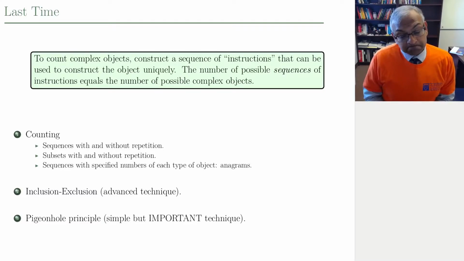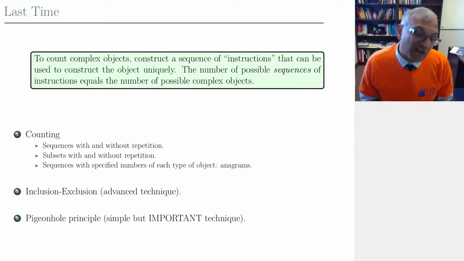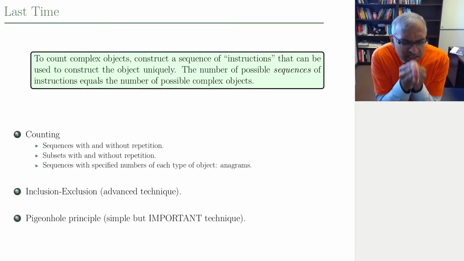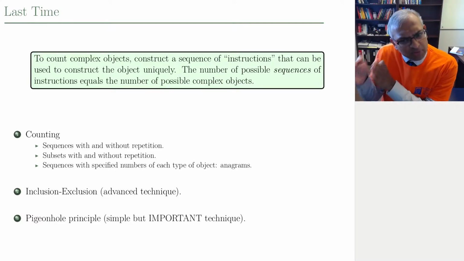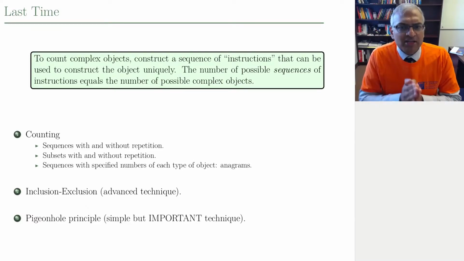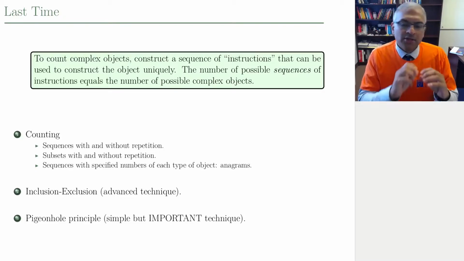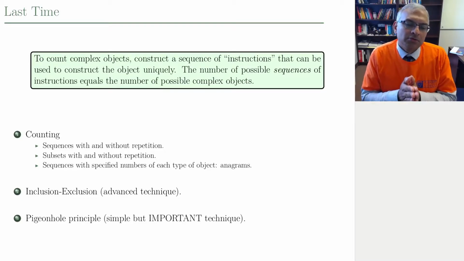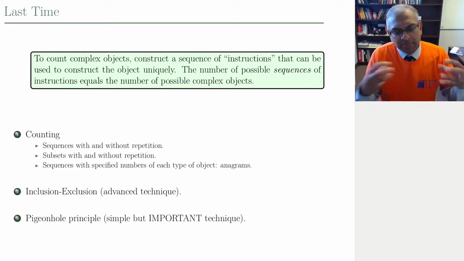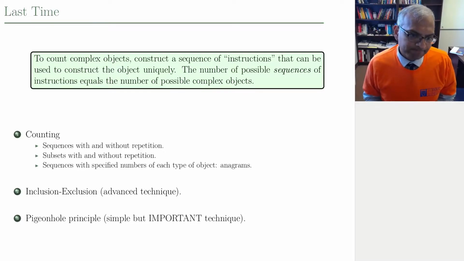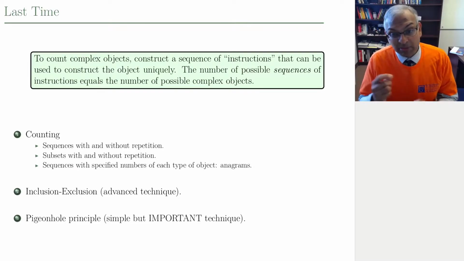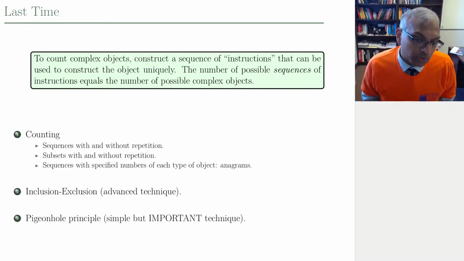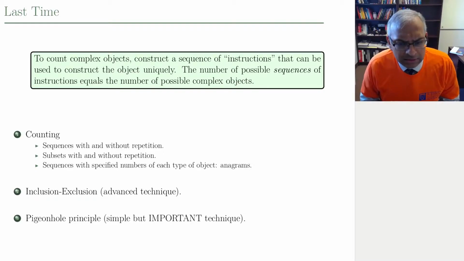Then we introduced a more advanced technique called the principle of inclusion-exclusion. Essentially, it's a way to extend the sum rule. The sum rule is the fundamental rule. You can even derive the product rule from the sum rule. But the sum rule applies to disjoint sets. So we discussed how to extend the sum rule to the case where the sets are not disjoint, and that became the principle of inclusion and exclusion. That's a pretty powerful technique, but it's a little bit more advanced, so you'll need a little more practice with inclusion and exclusion if you want to get good at it. So do the exercises in the previous chapter.